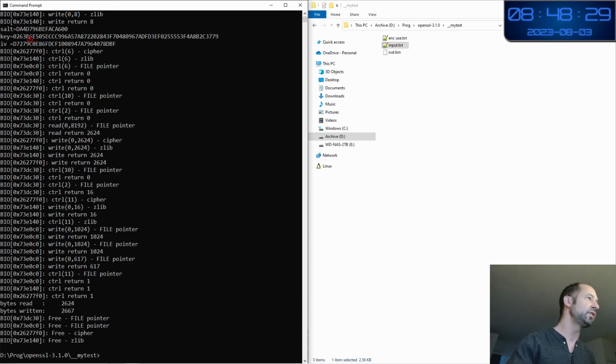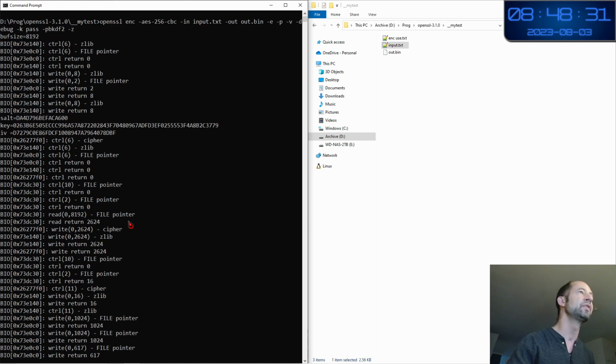Okay. So you see a lot of verbose output has been generated because I have put some special command line flags. It has first started to compress, which is the correct order. You should always first compress before encrypting. You see that there is a salt which has been generated, a key which has been generated also, which might be the derivation of this weak key, but now it is just much stronger.